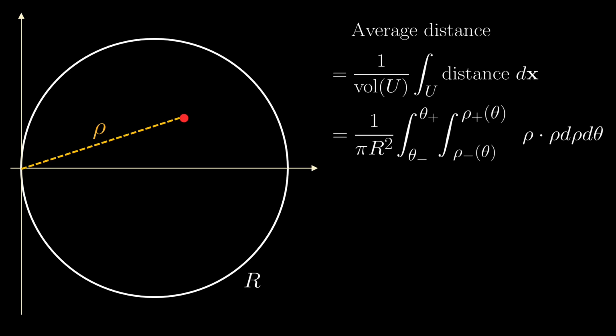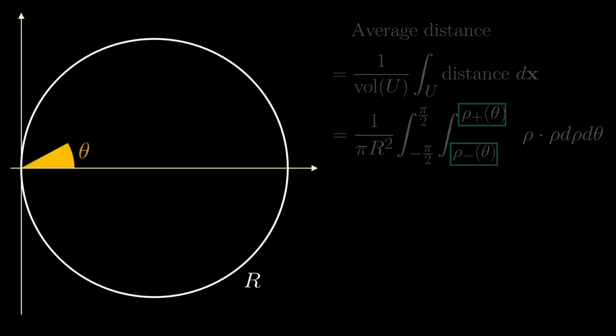theta. The upper and lower limits of theta is the easier part, because the points in the disk take angles that run from minus pi over 2 to plus pi over 2. The slightly more difficult part is determining the limits of rho given theta.